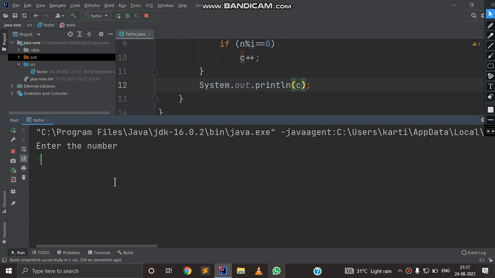If we write 5, the output is also 2, and if we write 10, the output is 4, because 1, 2, 5 and 10 are the factors. And if we rerun this program and write 100, the output is 9.